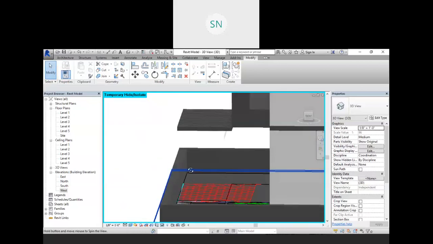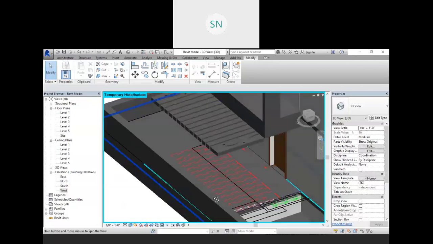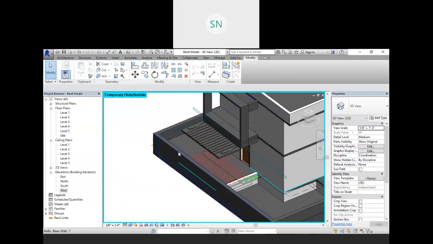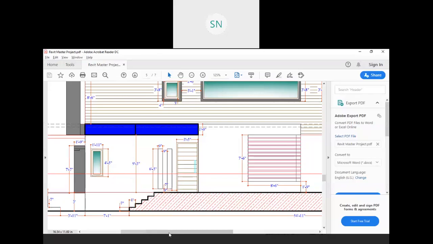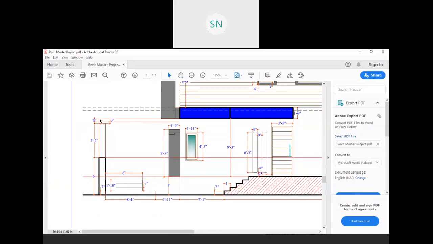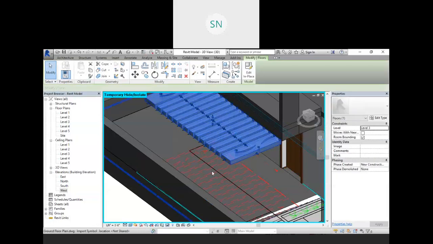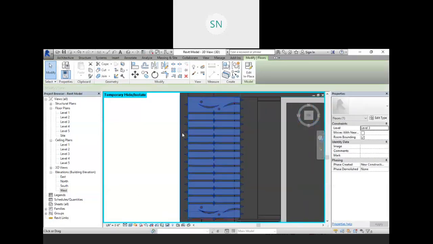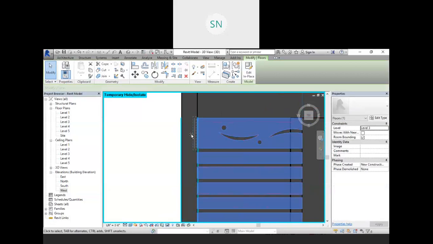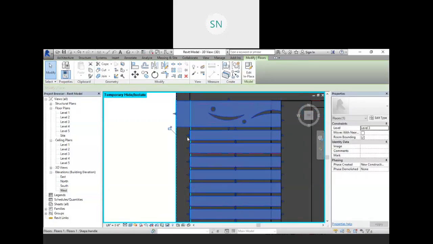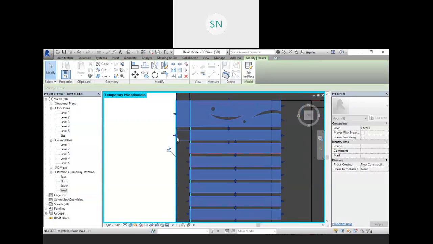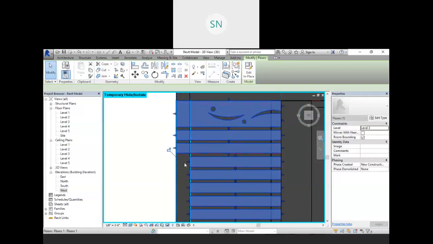Now we need to create some columns, vertical posts, for that. That will be given in your drawing. See, view it from your drawing. Here we have a vertical post, and actually this drawing is up to this point, but we created only up to the interior face. So select it, go to the top view, and we just need to extend this up to this length, right? So it is very easy to modify, it is not that complicated, right? Just extend it,